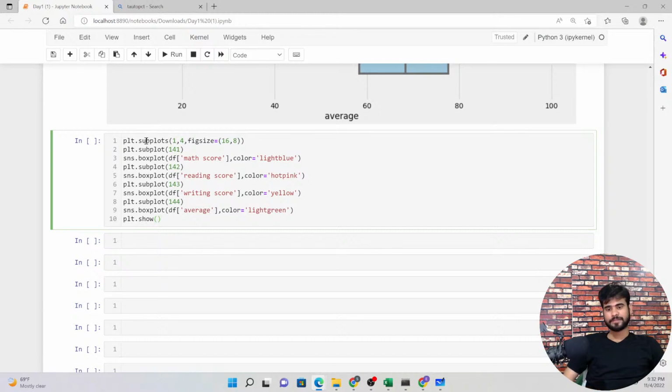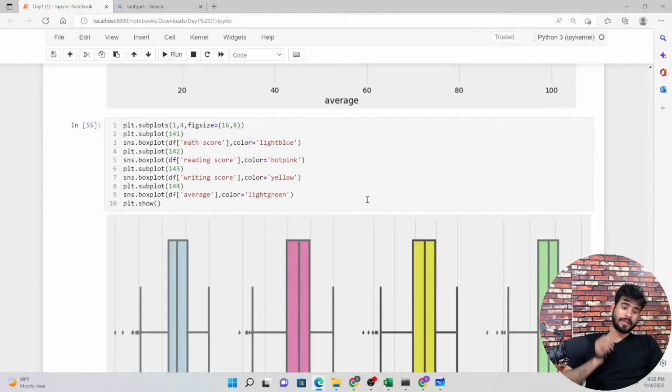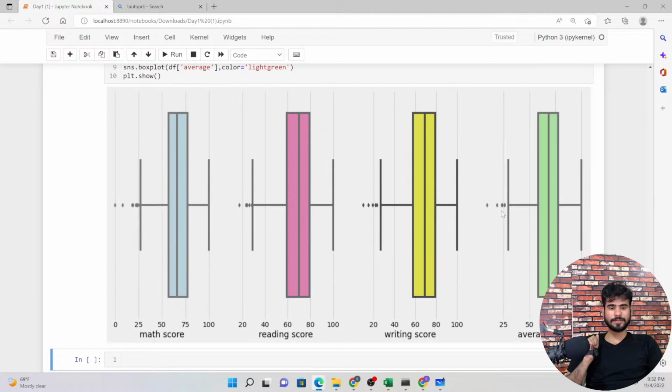I have done the first 4 graphs that I want in one row, 141, 42, 43, 44. Then math score, reading score, writing score and average, I want to check for outliers on our data. As you can see, somewhere there are outliers, everywhere after 40, somewhere in the math score after 25, but everywhere you can find them after 40.